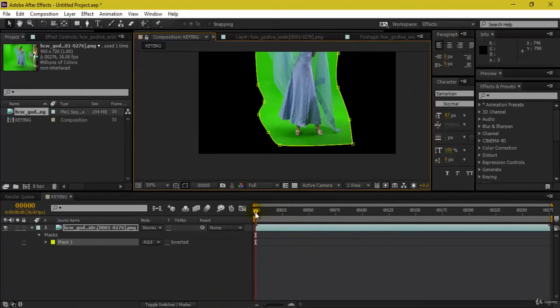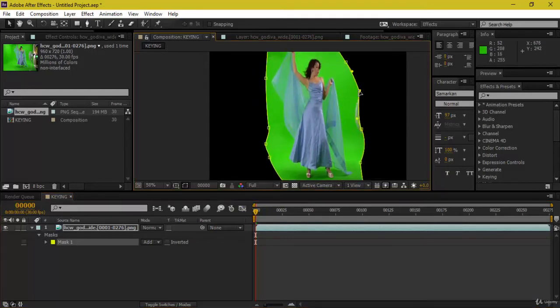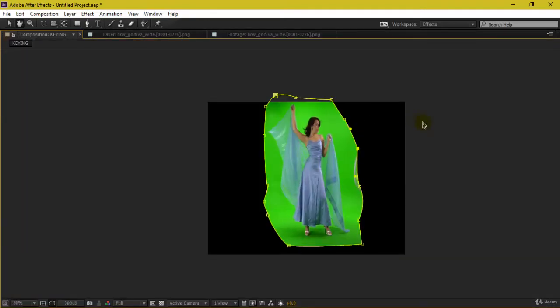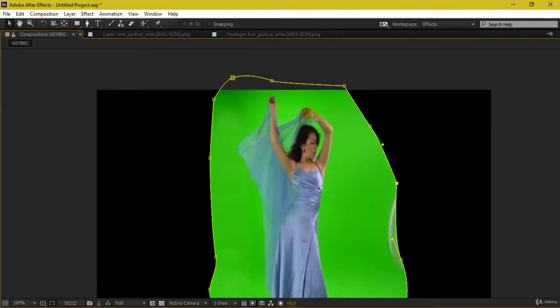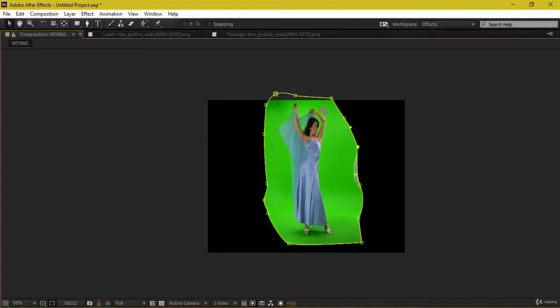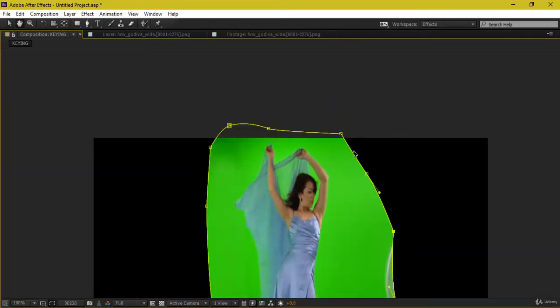If I hover this, this is going pretty close here. So on the first frame itself, I will just take this up something like this. Now let us play this and see how it looks. The entire area is being covered, and earlier, some areas of the hand were getting clipped out or cropped out. It's no more there, as we have taken these control points of the mask off.